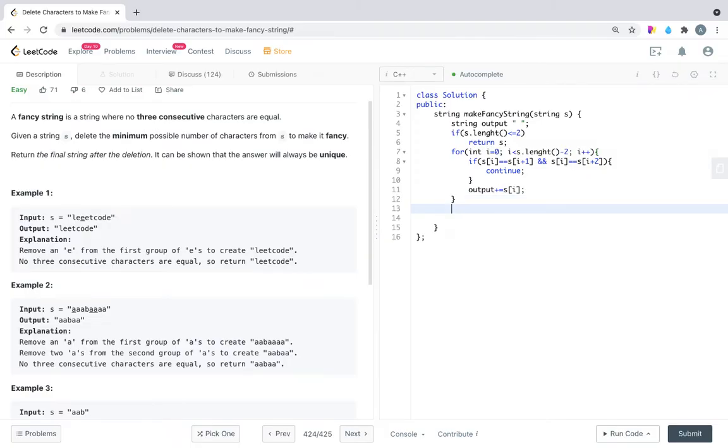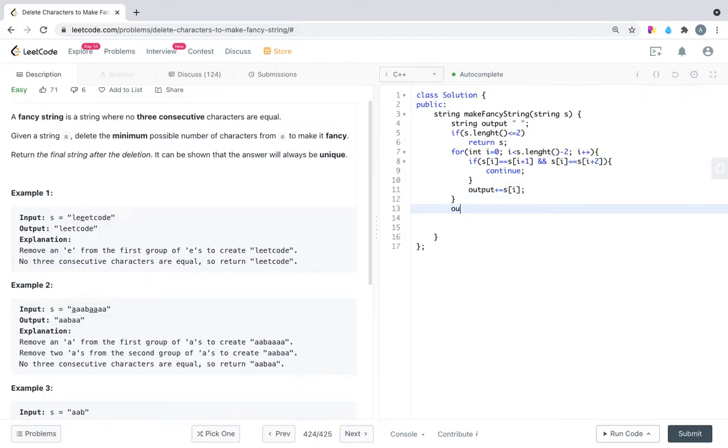Okay, so now coming to the last part. In this loop we are iterating i up to length minus 2, so that i plus 2 goes to the end, and to keep the last 2 characters of the input string in our output string, we have to append them individually outside the loop.